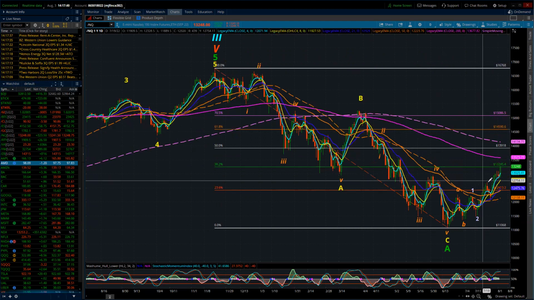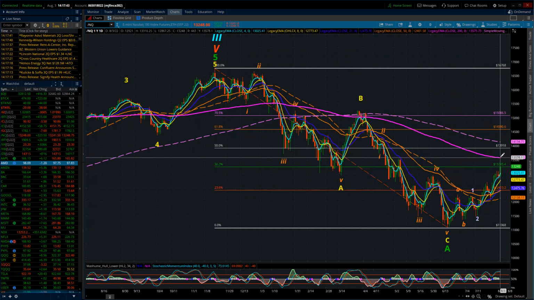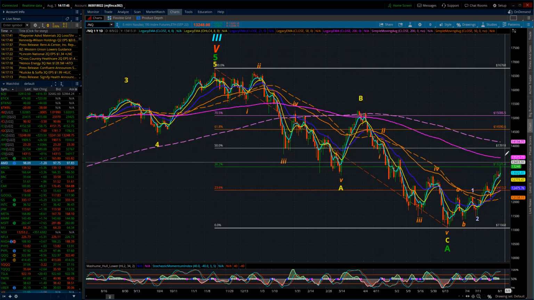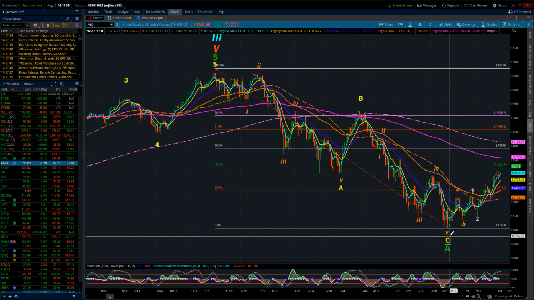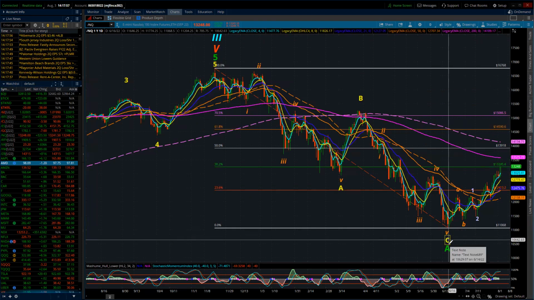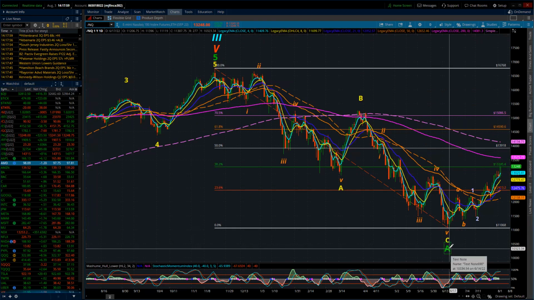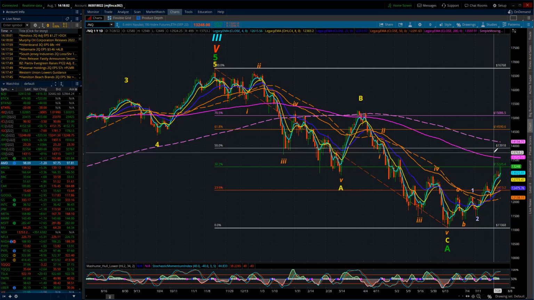Right now, the market's telling me it's just probably going to get up to 13,500 and then drop back and maybe get up to 13,900 to 14,000. Which puts another notch in the belt that it is more likely the completion of the intermediate C and the primary A, and we're in that primary B beginning. Okay,